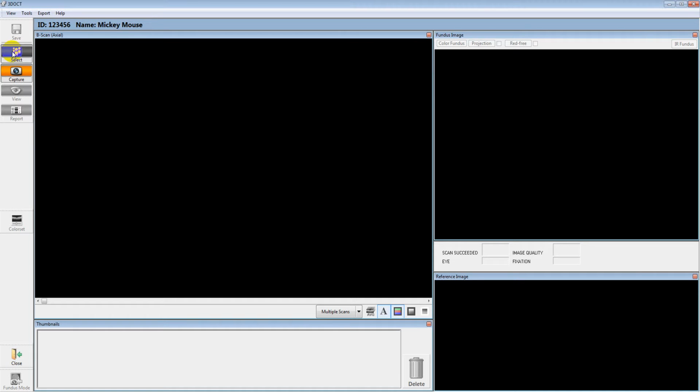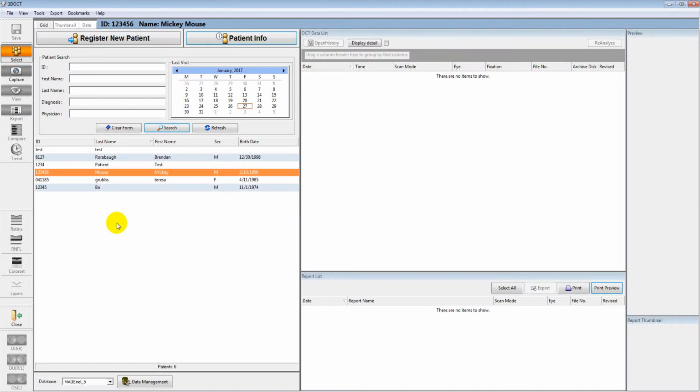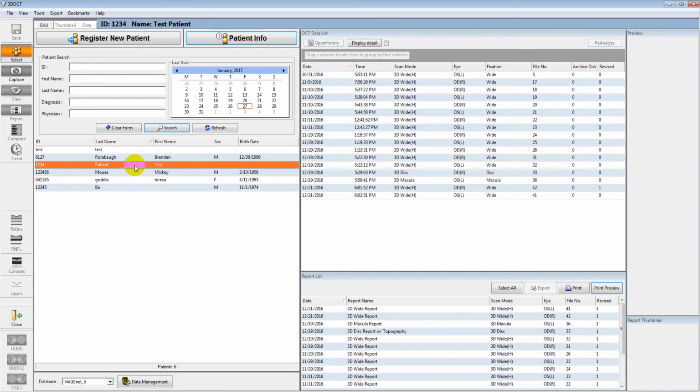Okay, so we're going to stop that. We're going to go back to Select, and we're going to go over here to Patient Test, Test Patient. Last name of patient, first name of test. You can search here too, and I'll show you that later, but I want to show you what this looks like. So we're going to click over here. Now under Patient Test,